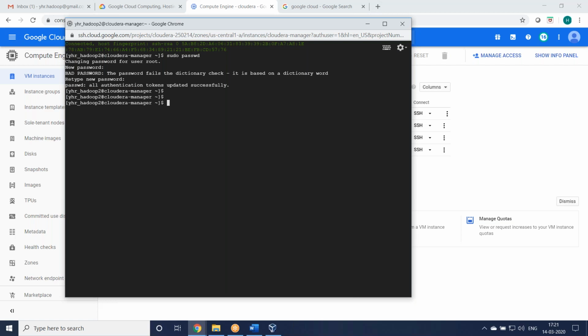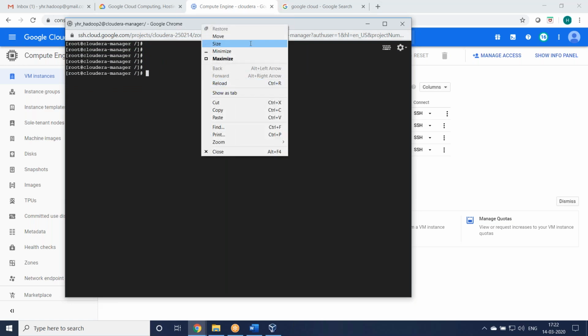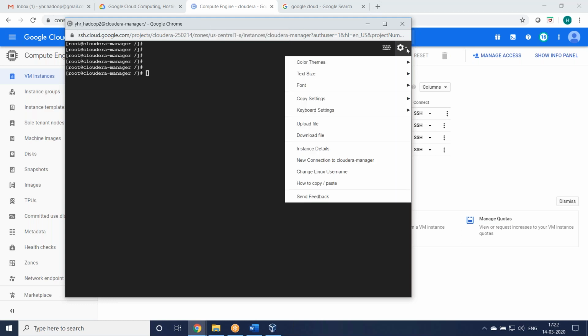Now log in with su root. I'm going to switch the user to root. Here it shows my user, right? I'm switching. You see now? Clear the screen. If you want, you can make the font bigger.